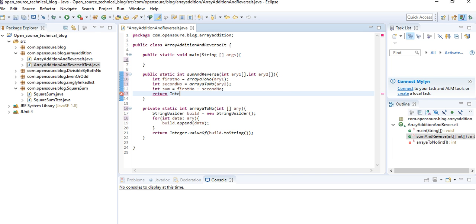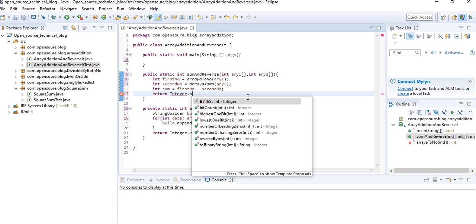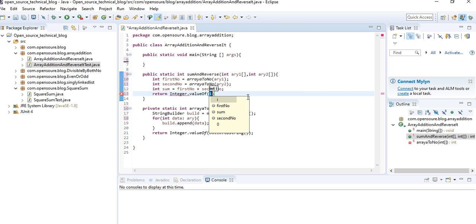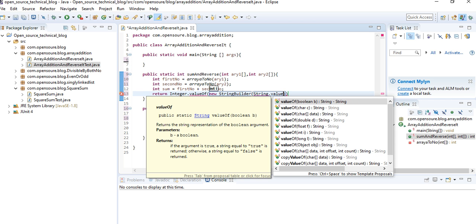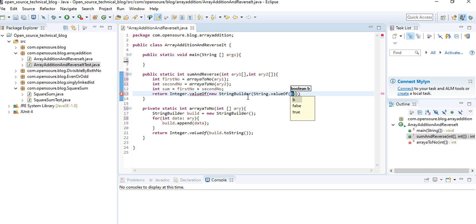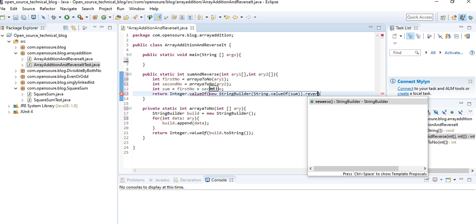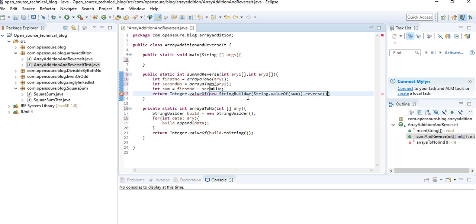Again I will use the same Integer.valueOf method to convert. Then I'll use StringBuilder to reverse the number, reverse and then toString. This part is done. Good.